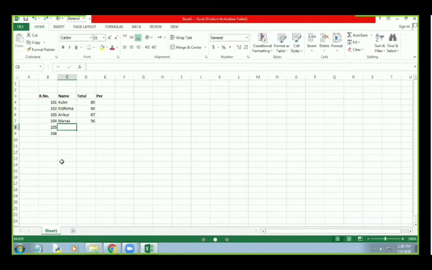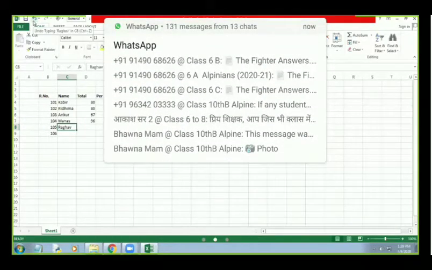And another method is to perform redo. Suppose the action that we performed was right, it was not incorrect, then what to do? In this case, we can go back to the previous data just by using the redo feature. As I have shown you right now, this is the undo button here, and this one is the redo button. So by just clicking on this redo button, we can get back the original data that we have removed right now. Okay, so these are the undo and redo commands.